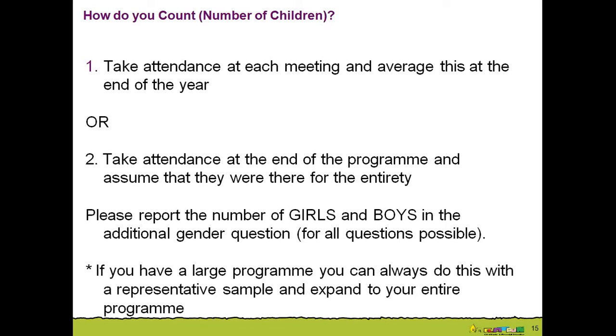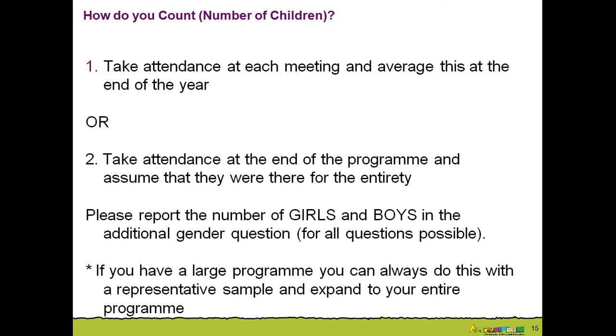The other option, because this is difficult for larger programs in different settings, is to more easily just collect data on the end of the program, do a survey of the program, and see how many children or youth finished the program, and then you make the assumption that they were there for the entire program, right?